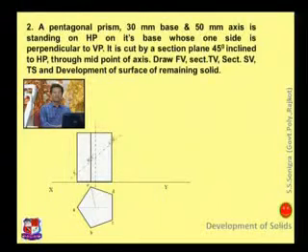Name these points A dash, B dash, E dash, C dash, and D dash. These are the points where the section cuts the edges A, B, C, D, and E. On A, one point is there. Here two points would be there, one on the B side, another on the E side. Here two points are there, one on C, another on D. So mark these points.